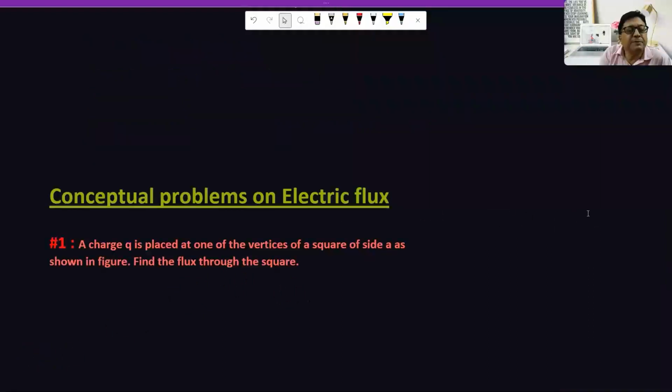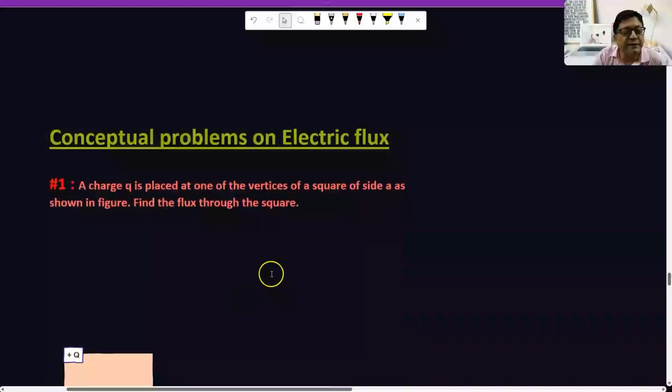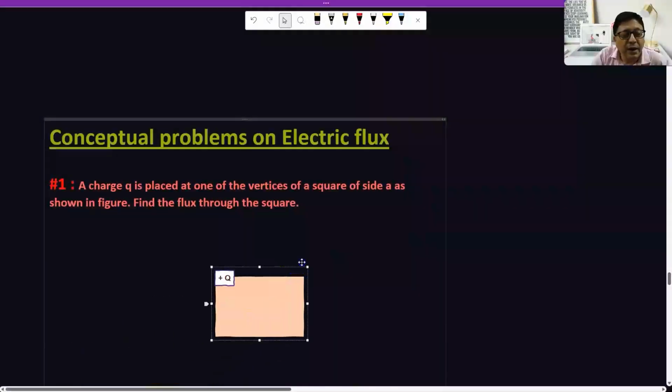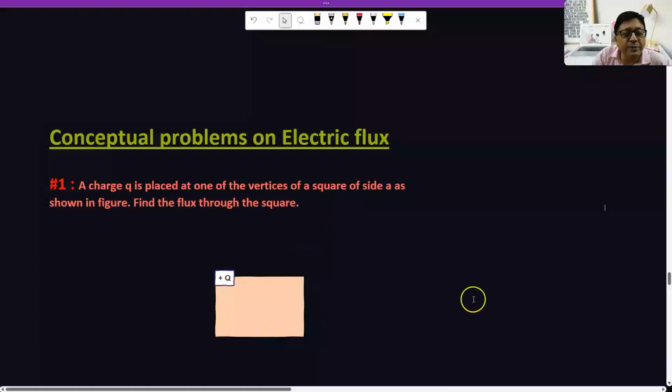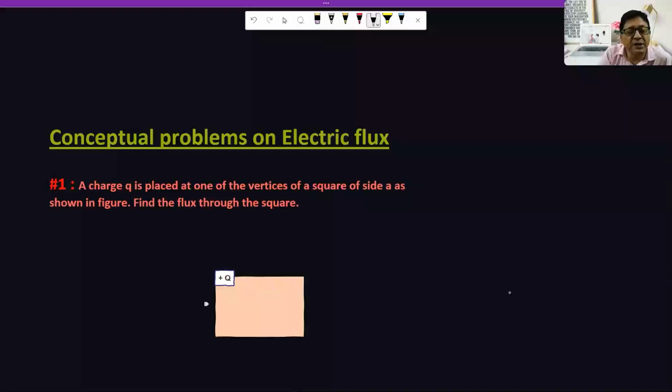A charge q is placed at one of the vertices of a square of side A as shown in the figure. Find the flux through the square. Where is the figure? I did it for you. This one is a square of side A. Find the electric flux through the square. If the charge q is kept here and the square also lies in the same plane, then you know field